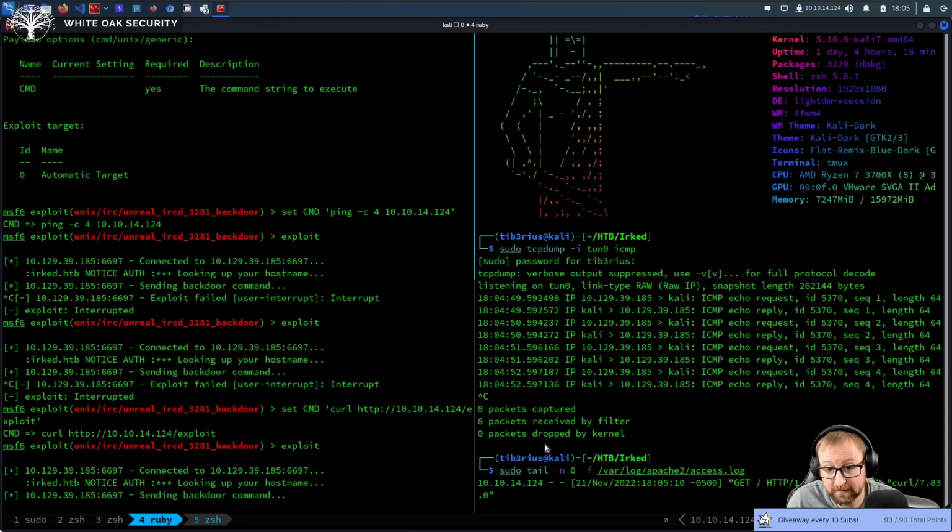But again, we're looking for a GET request to /exploit if it does work. If curl doesn't work, we'll change it to wget. Wget doesn't work. We're going to have to try